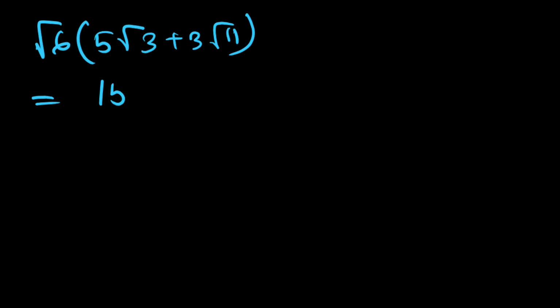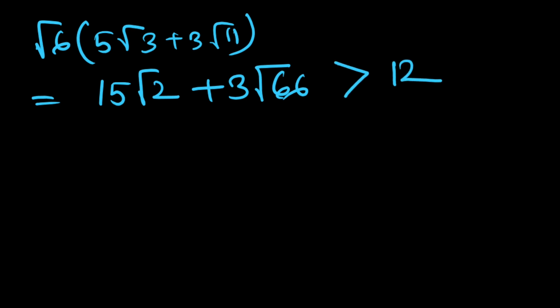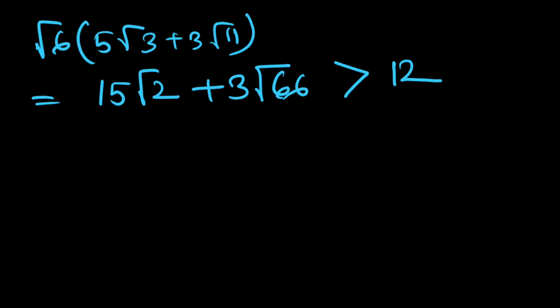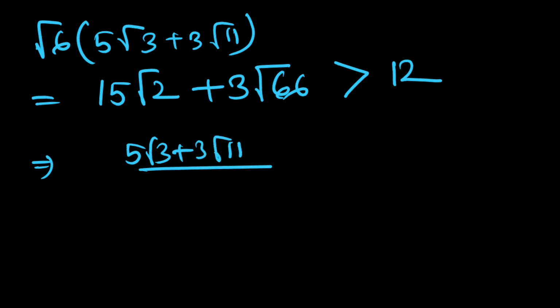So that is 15 root 2 plus 3 root 66. That is actually strictly greater than 12. So if we multiply this number by this number and divide by 2, that is actually 12. Therefore this number is strictly greater than 12. Therefore (5 root 3 plus 3 root 11)/24 is strictly greater than 1/(2 root 6),